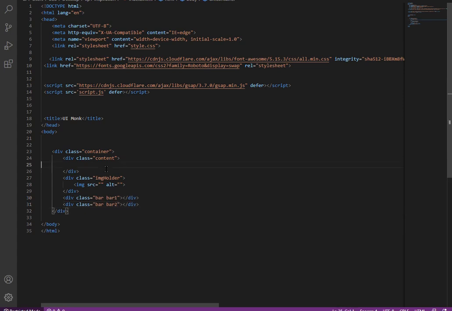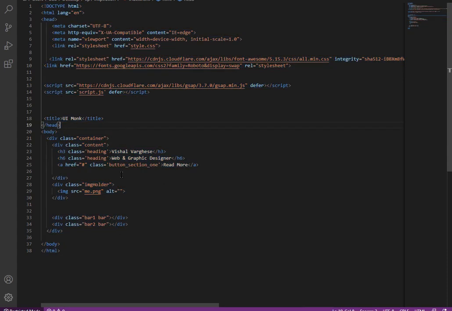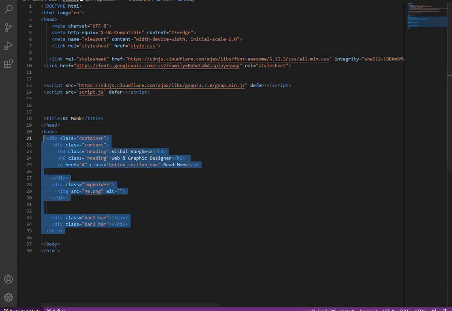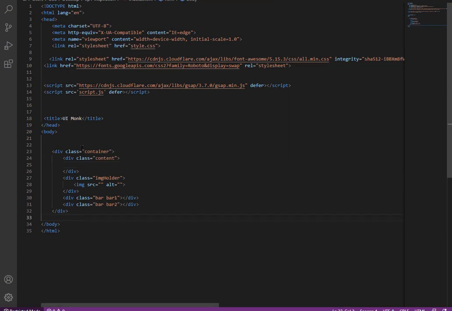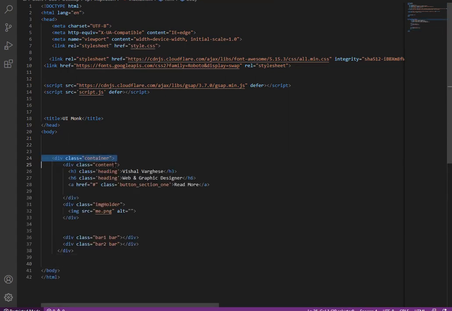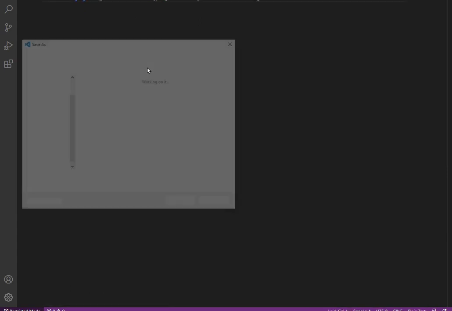Fine. Now let me fill the heading and paragraph from here. Container, content, headings, image holder, bar 1 and bar 2. Fine. Now let us start the CSS, and I'm going to name this as style2.css and script as script2.js. Create a new file. Control S,